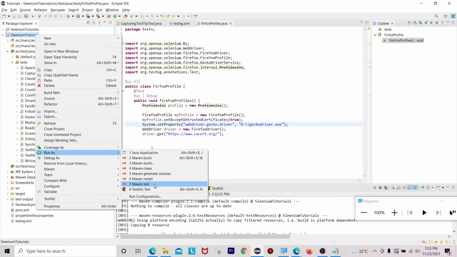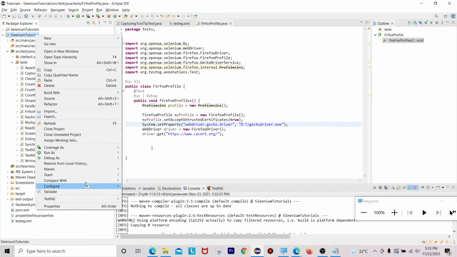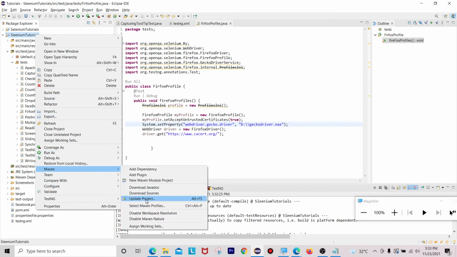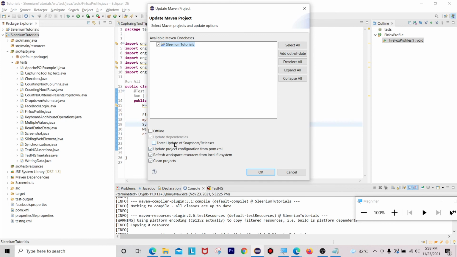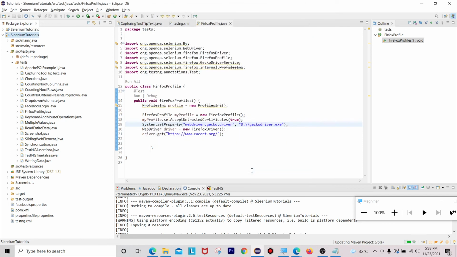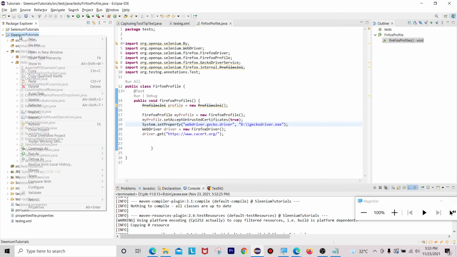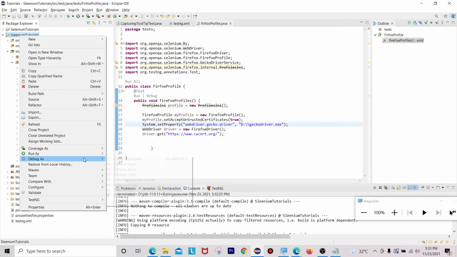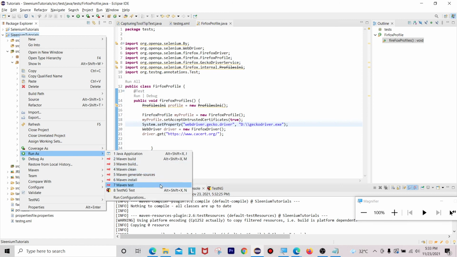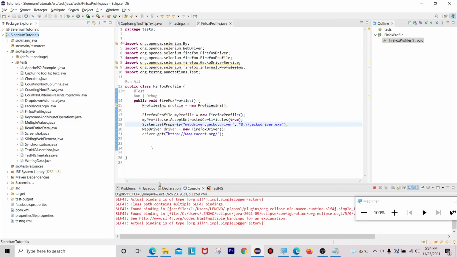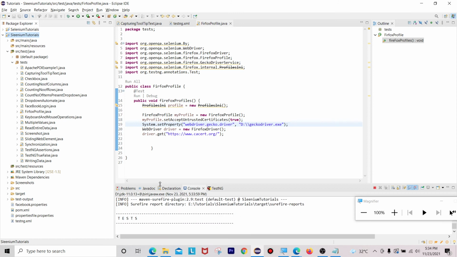Update project, force update, click on OK. Run as Maven test. We'll see.